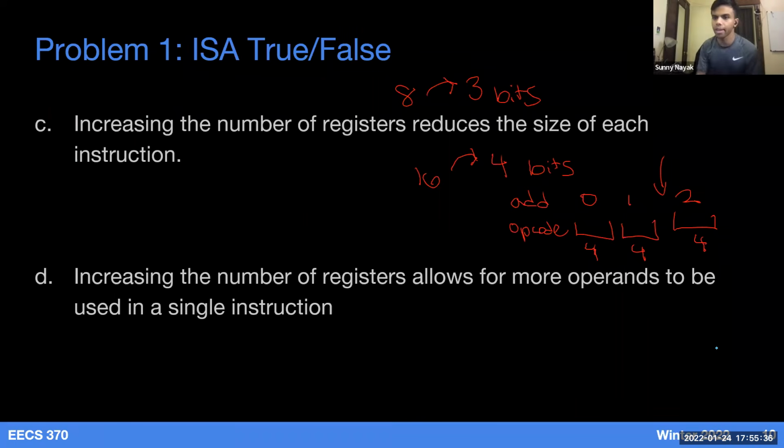And the reason for that is, although we are modifying the number of bits that represent each register, what we're not doing is expanding the overall structure of the instruction. Our entire instruction is still 32 bits. However, some things to consider is that, if we are limited to just 32 bits,